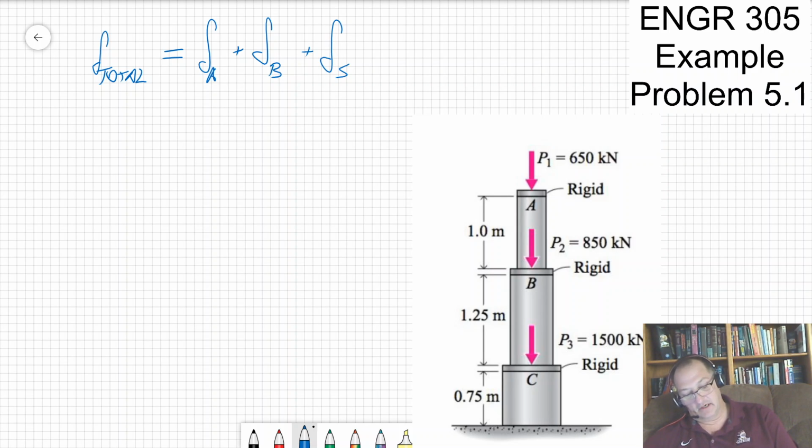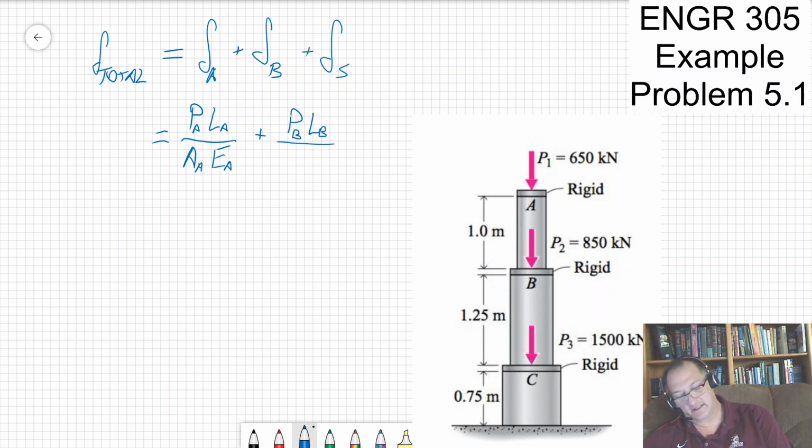The deflection of the aluminum is equal to the load in the aluminum times the length of the aluminum over the area of the aluminum times Young's modulus for the aluminum, plus the load in the brass, the length of the brass, the area of the brass, the Young's modulus for the brass,